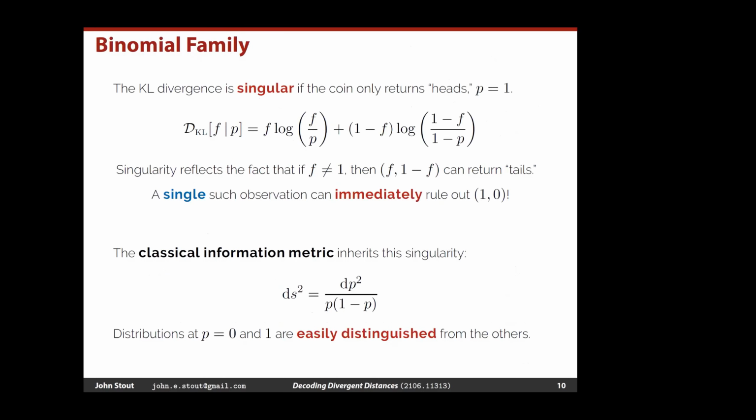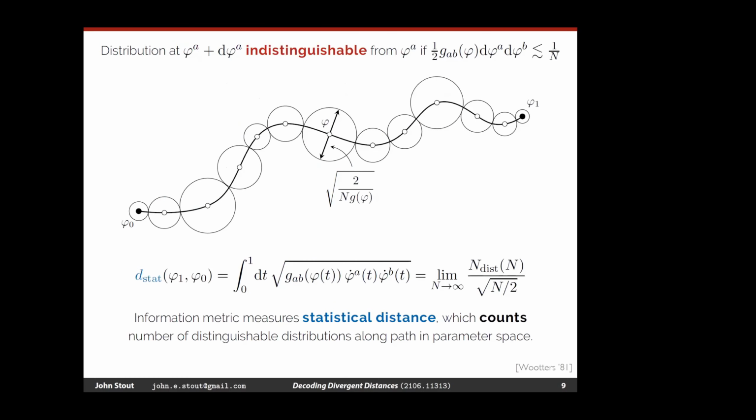Yeah, this slide. In this biased coin, you give a nice interpretation of what it means to be at infinite distance, which is that you can make a single observation to know with certainty that you're not one of these things. On the last slide, you interpreted the distance as the number of theories, distinguishable distributions you can go through as you go along a path. Can you connect those two interpretations anyway? Like for the biased coin, can you explain why there's infinitely many different distinguishable distributions as you go towards?